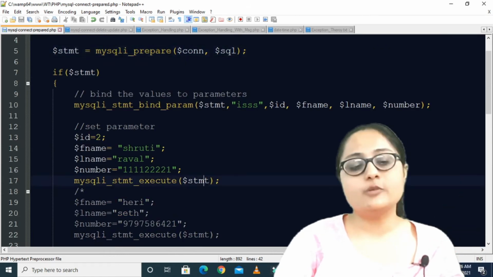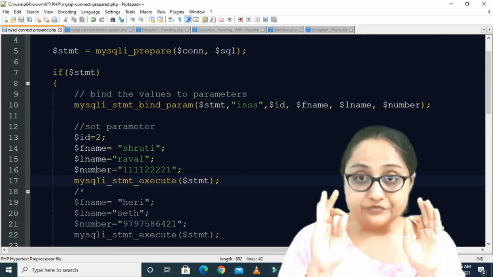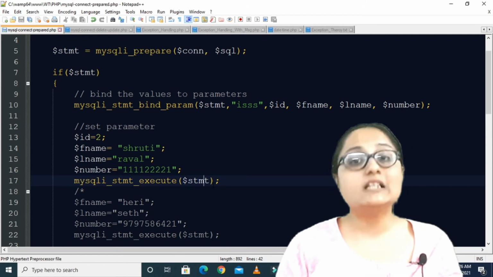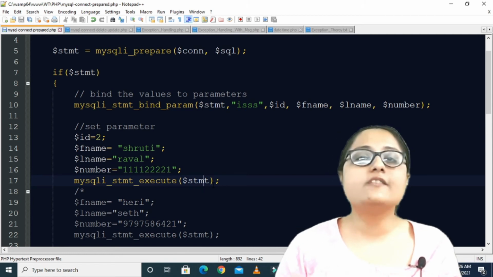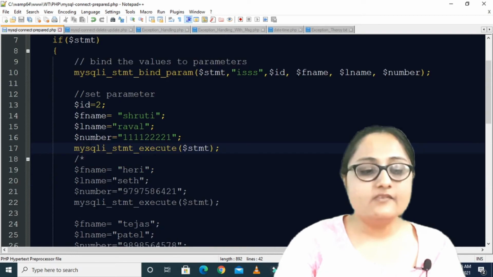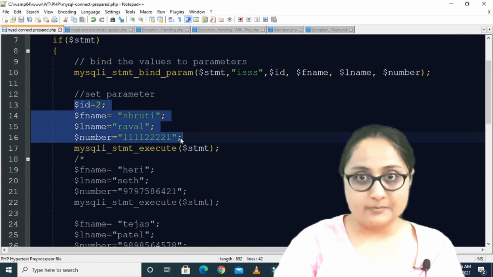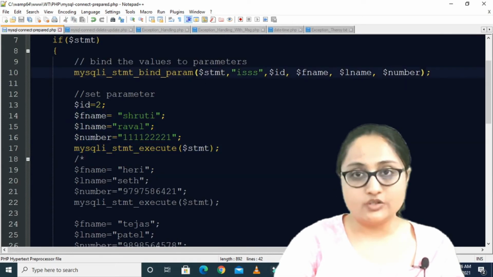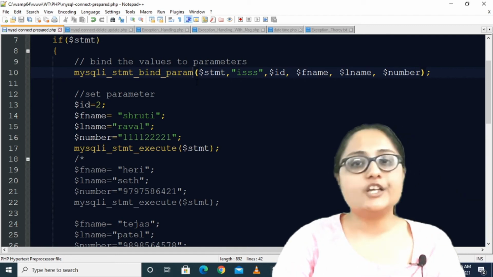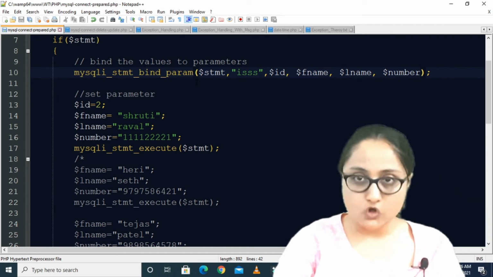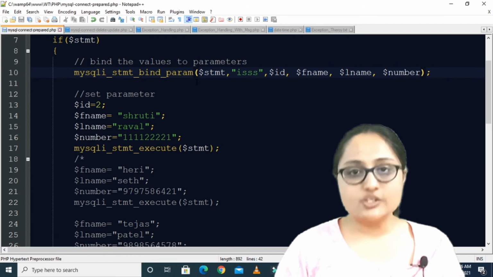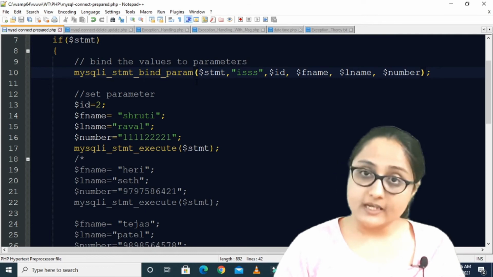So that variable you have to pass over here, and after you pass this variable, only then will this query be executed, and the values that you have set into the bound parameters in this particular function will get inserted into the database table. Okay, so now let us run this query and see whether I am able to insert these values inside the table or not.